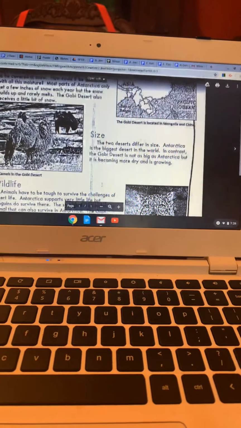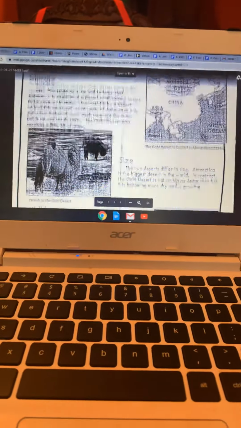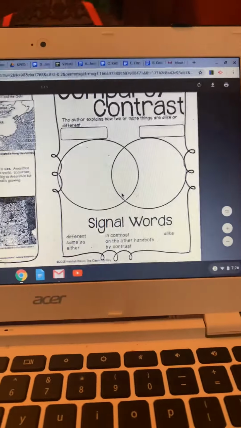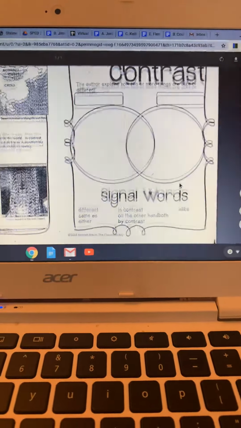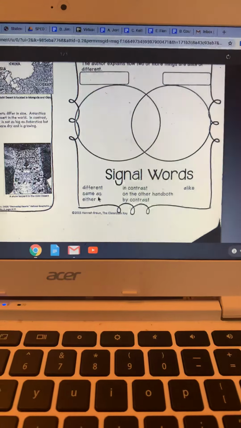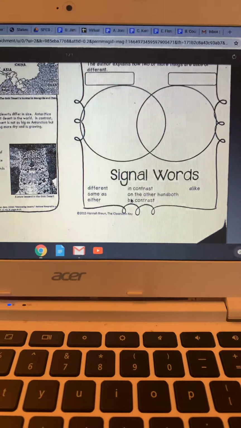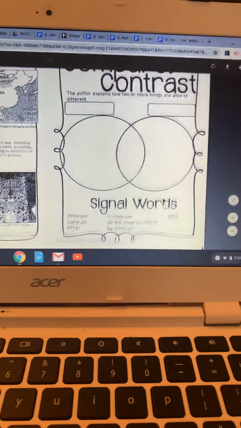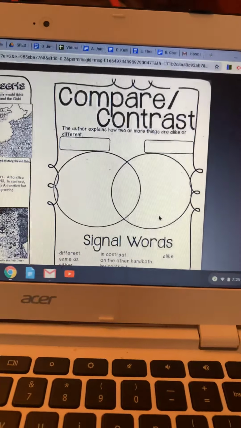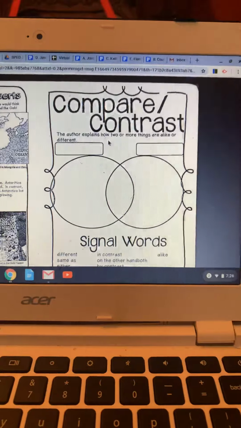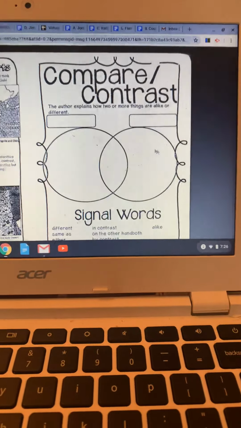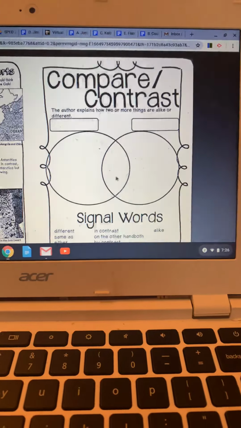Okay, so I hope, guys, while I was reading it, you were highlighting some of those words that were on this page with your graphic organizer. Those signal words: different, same as, either, in contrast, on the other hand, both, by contrast, alike, okay? Now, let's look at the graphic organizer and see what it is we have to do. It says the author explains how two or more things are alike or different. Now, this is what we call a Venn diagram. I know you've seen these before, okay? But as a reminder,